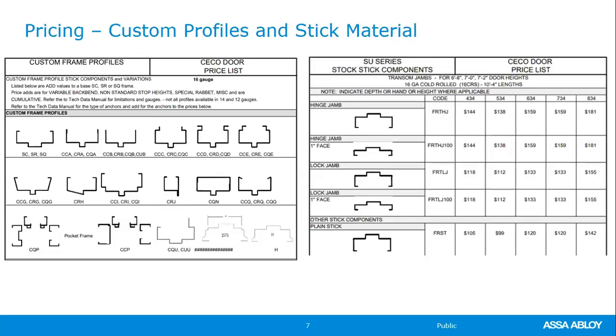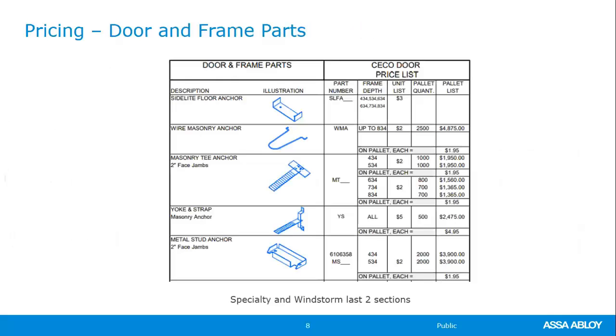So these are going to be material that you can bring into your shop. Your shop guy can cut it if you're needing a borrowed light or a side light, transom frame, a handful of those or whatever the case may be. You can bring that material in stick, and then they can cut it and weld it. Behind those, the side light, different types of frames, and then your stick material,